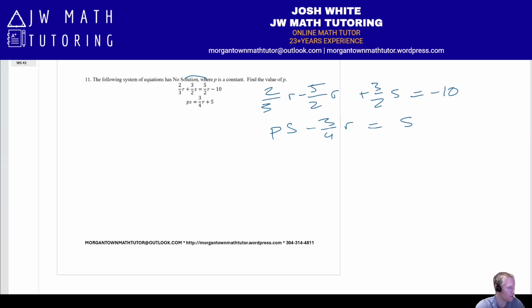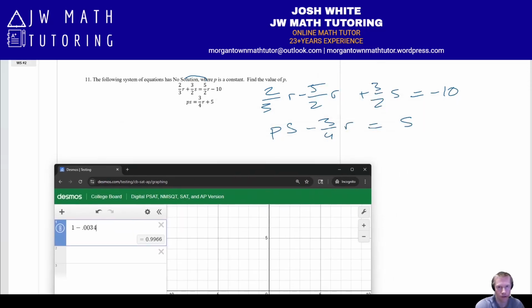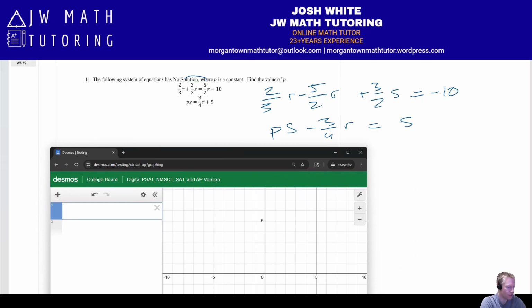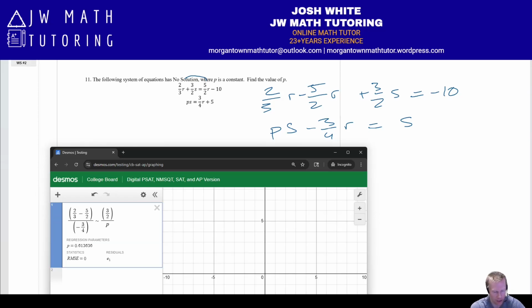Okay, so now we can go to Desmos, and I'm going to type the coefficients for the r, which is basically our x. There are two terms, so I have to do 2/3 minus 5/2. And I'm going to divide by the coefficient for the r term in the bottom equation, which is negative 3/4. Then I'm going to set a regression, using a tilde. Now the coefficients for the s terms, or our y terms, from the top equation, divided by the coefficient for our s term in the bottom equation, which is just p. There is our answer,